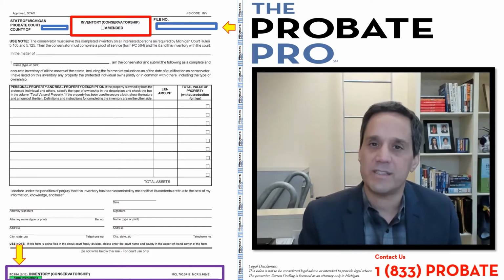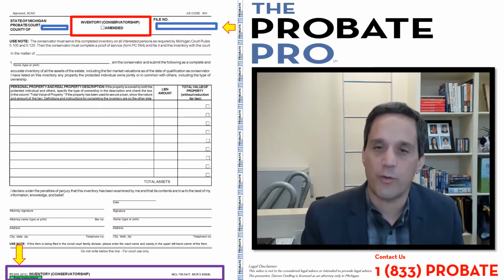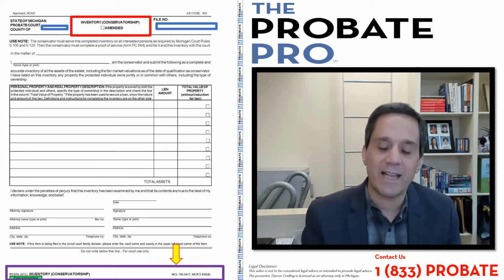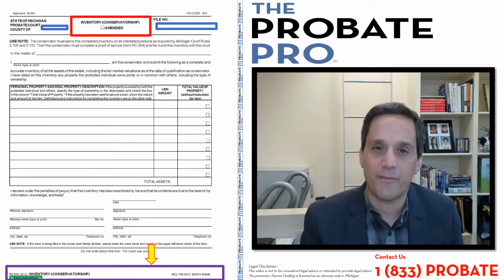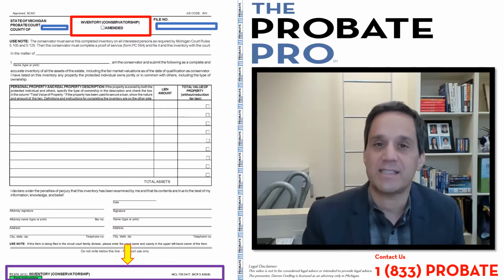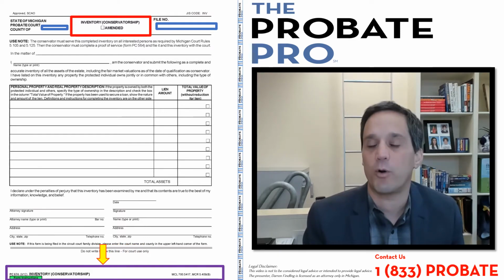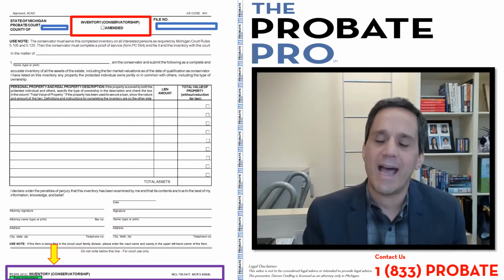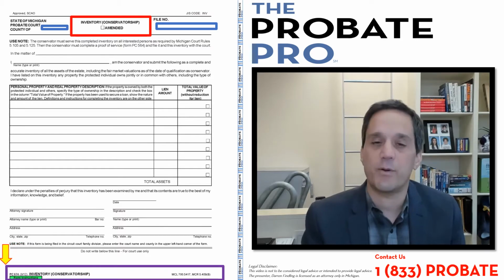Now, with all of these state court administrative order forms, they are created by various statutes and court rules. And as you can see from the hovering arrow, I've highlighted the two that are referenced on the form. MCL is a statute, 700.5417, and that statute provides that the conservator has to fill this out, file it, and then serve it within